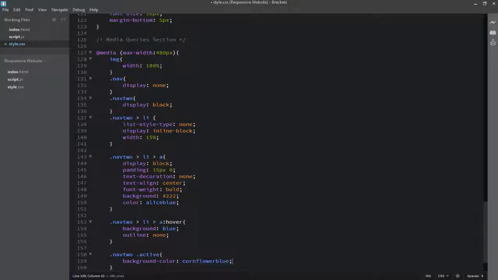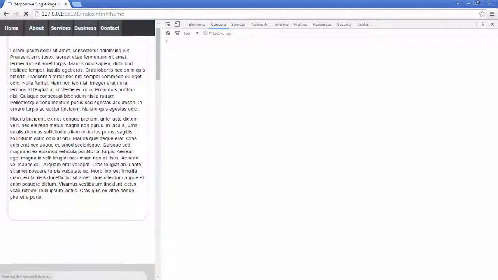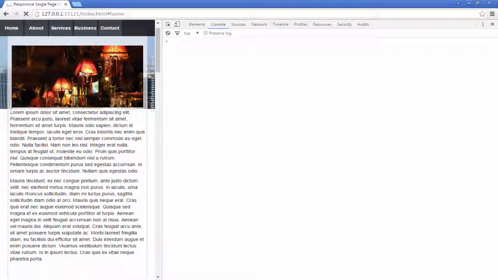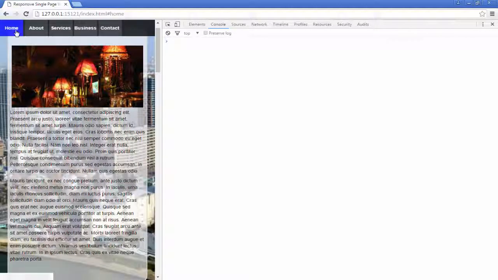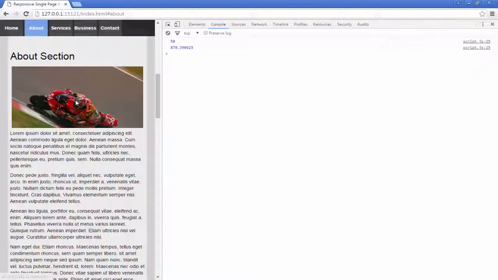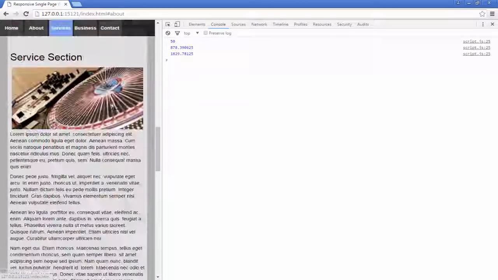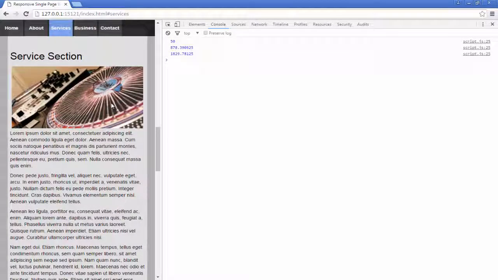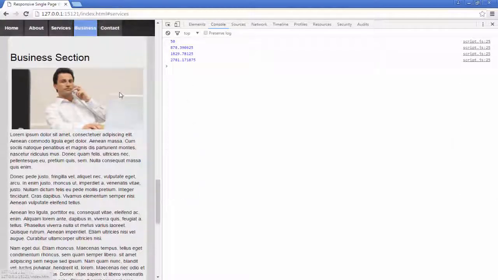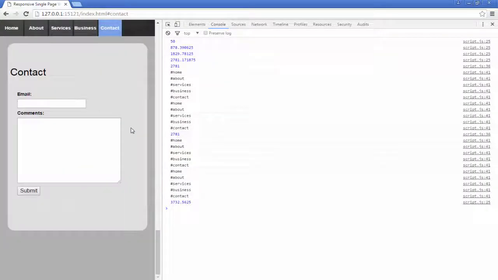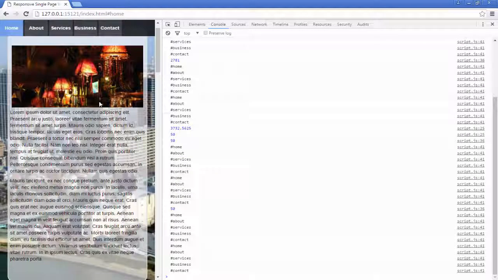Now if I go back to the web page and refresh it, you can see that the color of the active link is changing to cornflower blue. So that's about it for this video, guys.